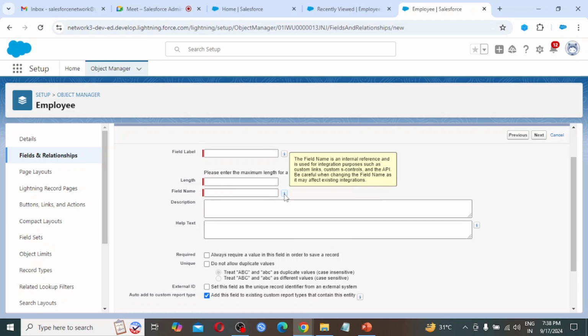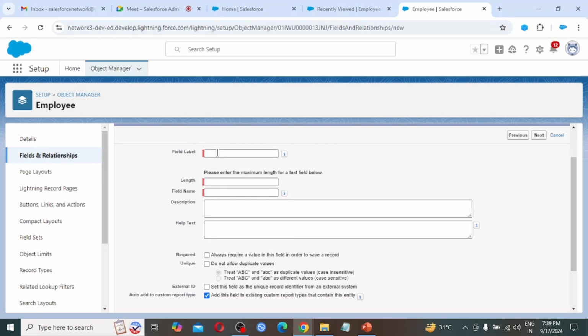Be careful when changing the field name as it may affect existing integrations. Changing the field name frequently is not a suggestion. You can change the label of that particular field, but don't change the field name, as that is not the best practice.